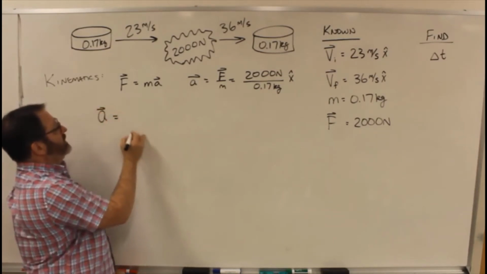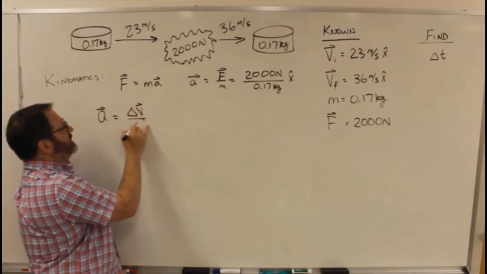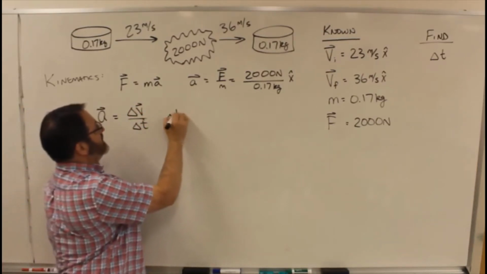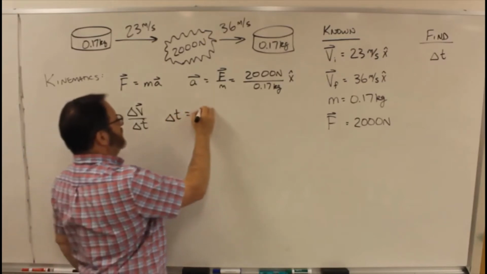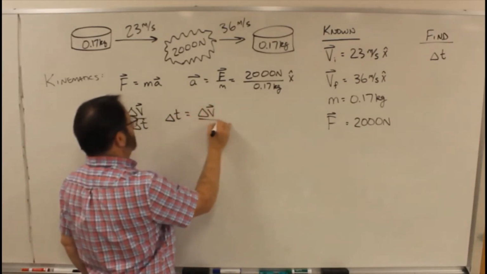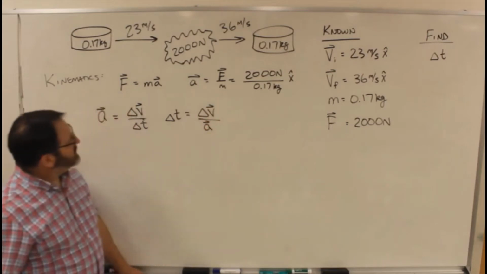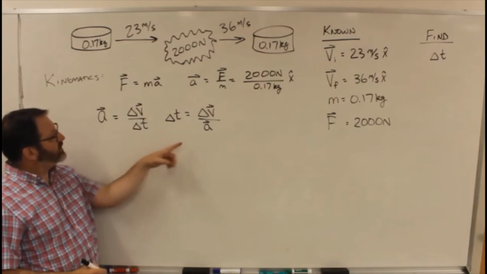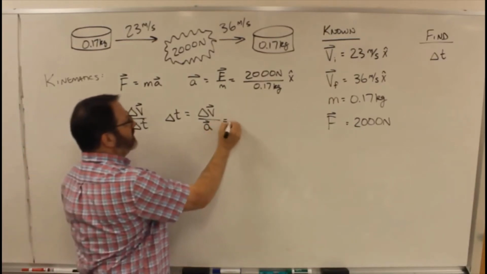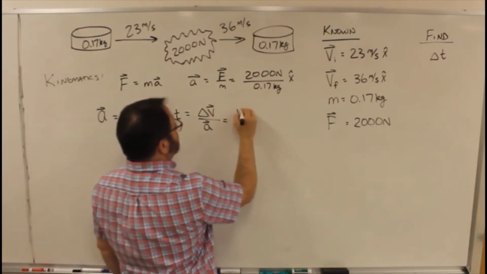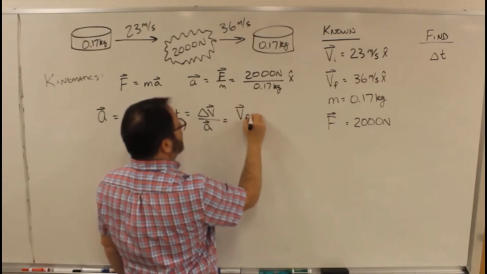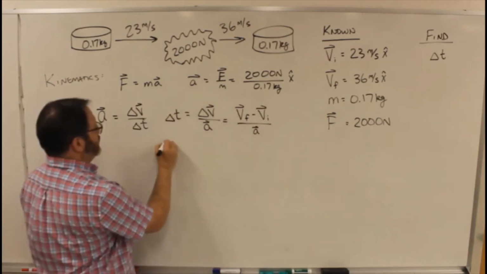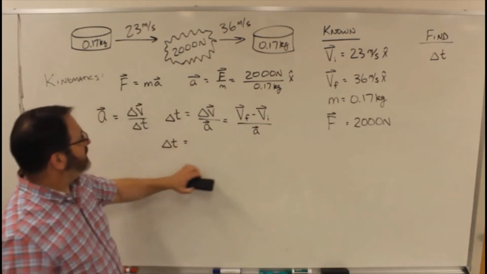So acceleration is a change in velocity over a change in time, right? So a change in time is change in velocity over acceleration. Just multiply both sides by delta t, divide both sides by a. So that is v final minus v initial over a. Delta t is